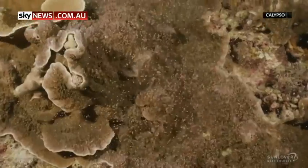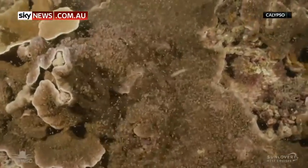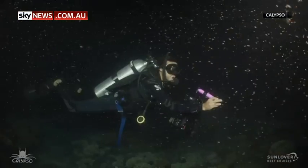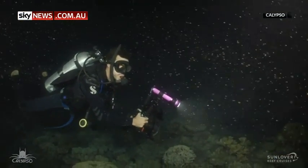These are the survivors from the major bleaching events. They survived the catastrophic back-to-back bleaching events of 2016 and 2017. Their cells are heat resistant and most will float free to create new coral. But this year, scientists are harvesting millions of the coral's eggs and sperm in a bid to reseed damaged parts